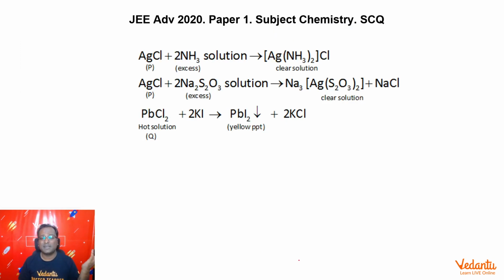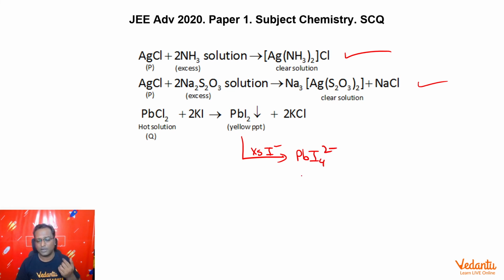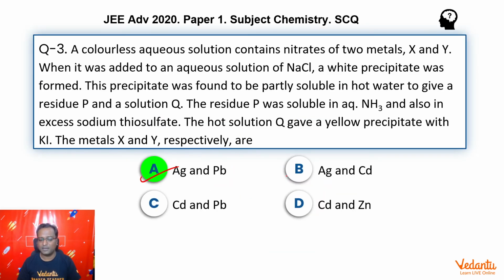The next part says that P is soluble in excess ammonia solution. We know that Ag+ salts are soluble in excess ammonia solution, giving this complex. They are also soluble in excess thiosulfate solution, giving this complex. We know that PbI2 is a yellow precipitate, and if we use excess I minus, it will dissolve, forming PbI4 2-, although this was not part of the question. And therefore, the answer here indeed is